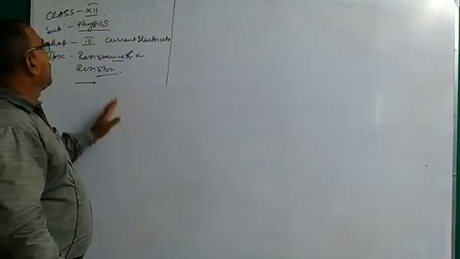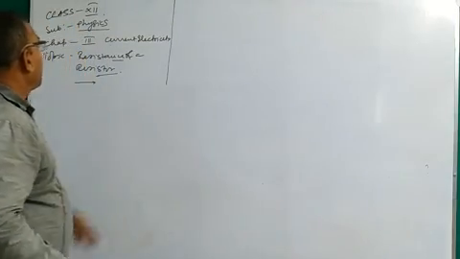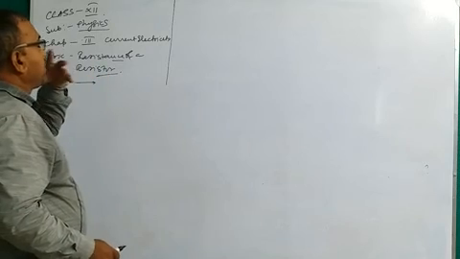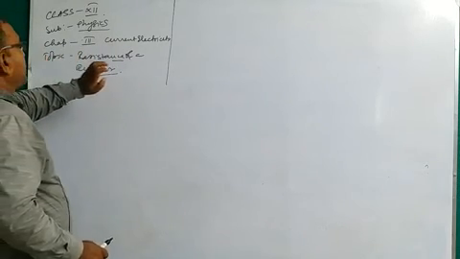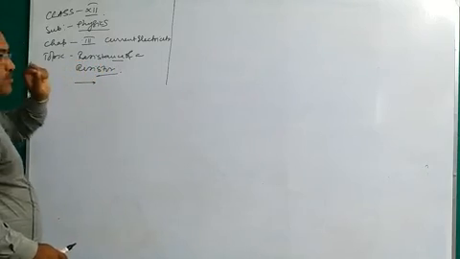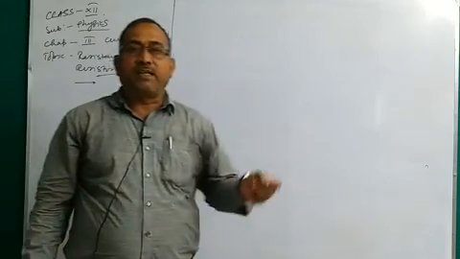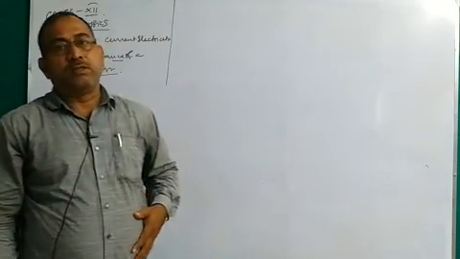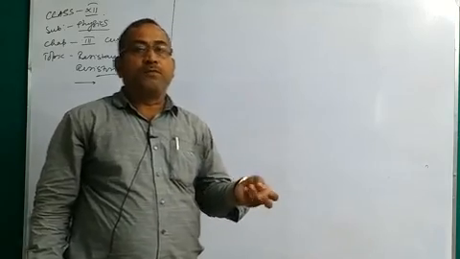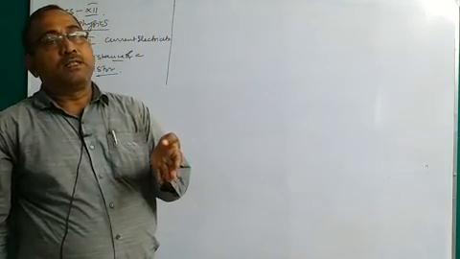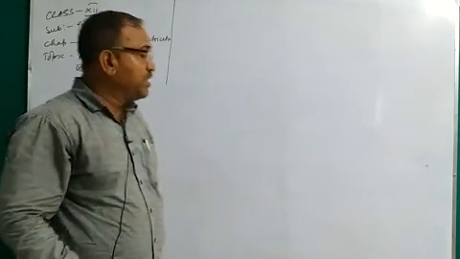Now you see your physics class, continue with your previous class. The current electricity, you know the name of the chapter is current electricity. In the previous class you have already seen the resistance of a resistor, the depending factors of resistance of a resistor, and how we can derive Ohm's law from the current and drift velocity relation. Okay, so